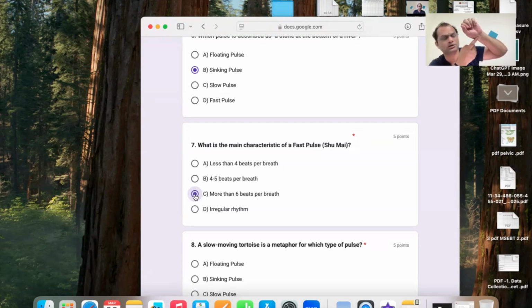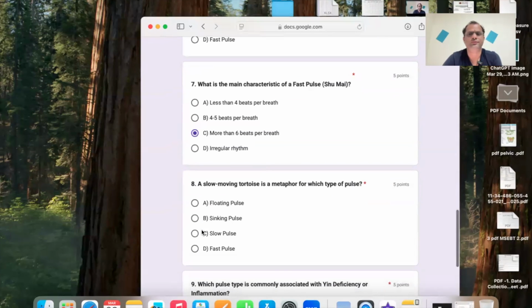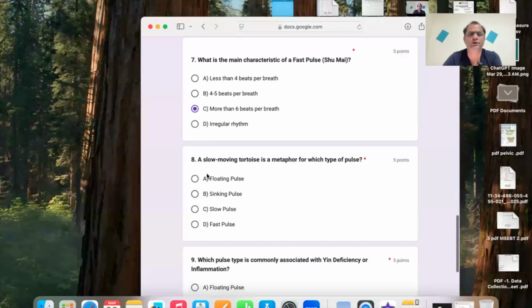There is heat in the heart. Liver area, more than 6 beats per breath, heat in the liver. Kidney area, more than 6 beats per breath. That is heat in the kidney, right? It might be empty heat. Yes, perfect. So question number 8, a slow moving tortoise